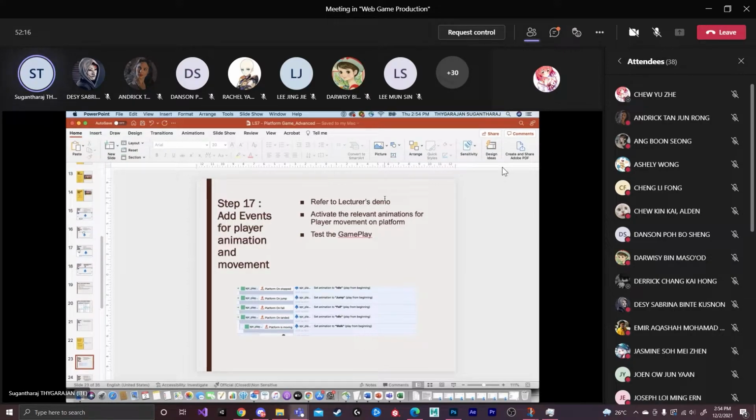Okay, so I have given the demo already. Now similarly you need to come out with the other relevant events. When the player is on the platform on stop condition, it has to be in the idle state. That's why when I launch and never press anything, you can see the idle state being displayed. When the SPR player needs to jump, you need to set the animation to jump.